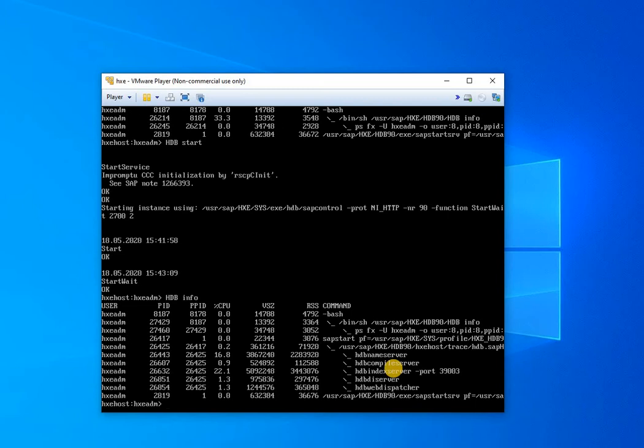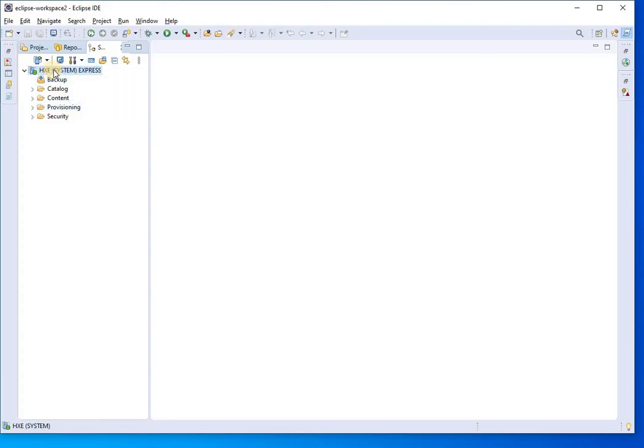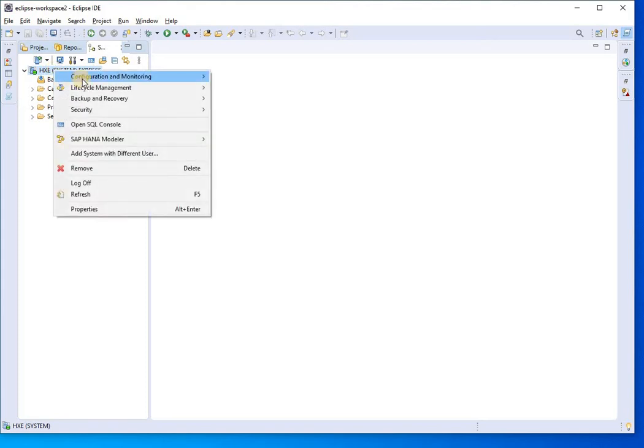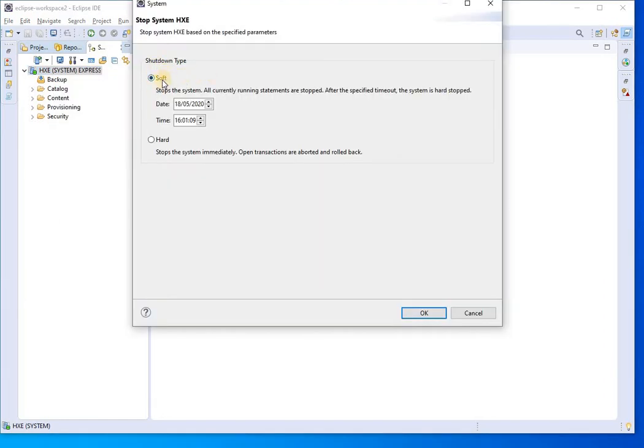Let us see how we can start and stop HANA system using Eclipse IDE. Right click on the HANA instance, go to the configuration and monitoring. Then we can see the option stop system. We have two options here, soft and hard.